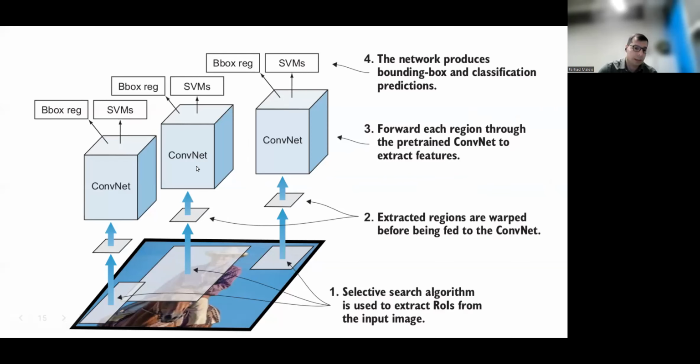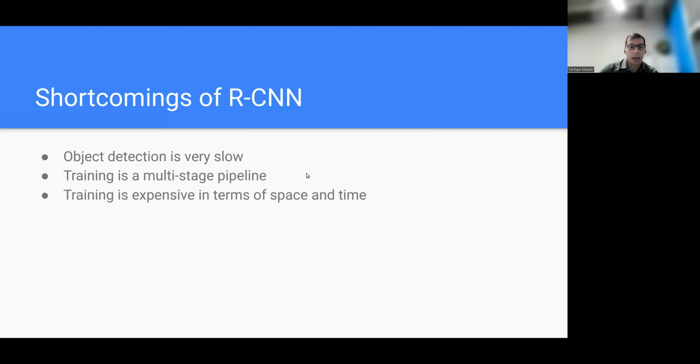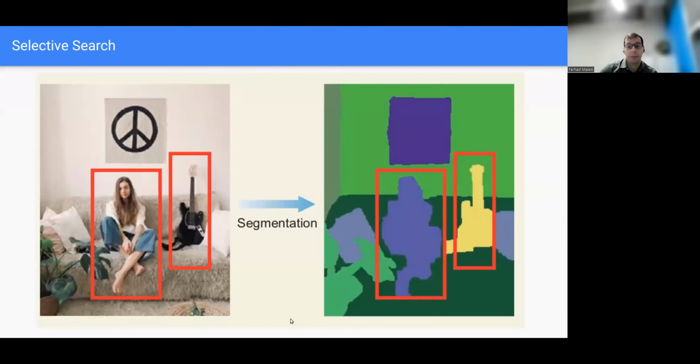So this is the downside, as I mentioned. Again, each box should independently go through this convolution, which is a feature extractor, very slow. We can do this by doing the selective search on the original image, finding those bounding boxes, and instead of passing each box, we pass the whole image to the feature extractor.